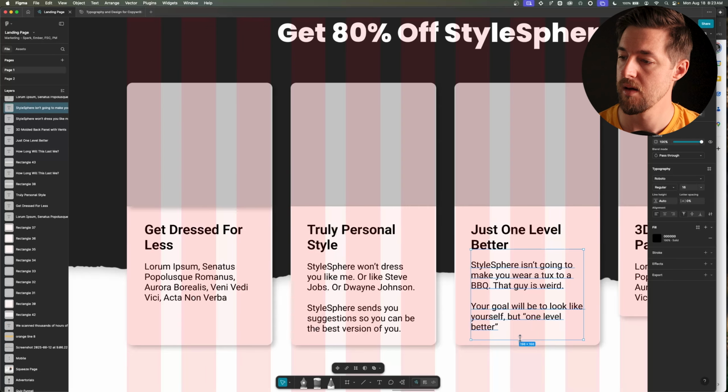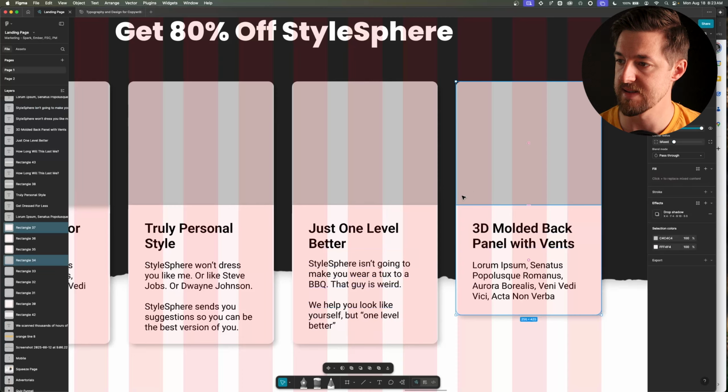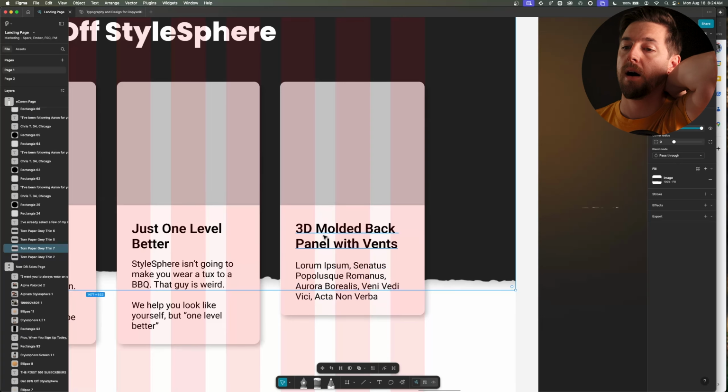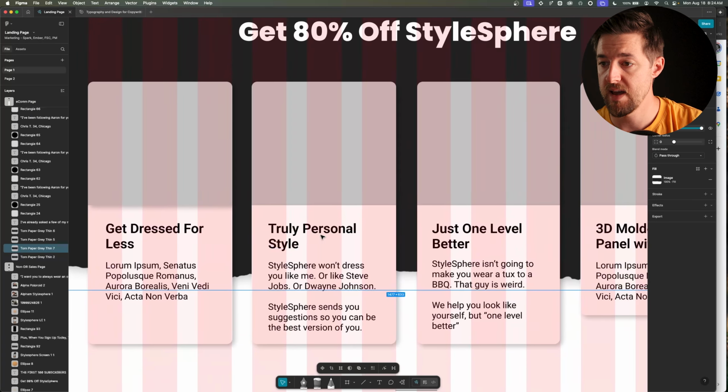Okay, your goal... We help you look like yourself, but one level better. And then benefit number 3, whatever the heck it is, driving me crazy, guys. Just one level better, get dressed for less, truly personal style, just one level better, and